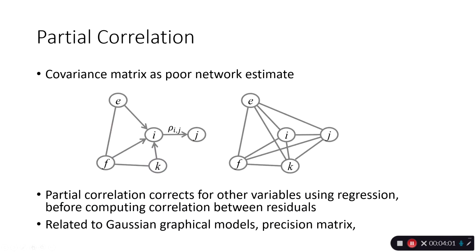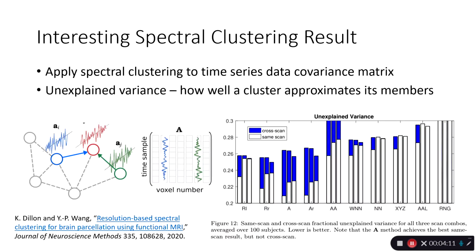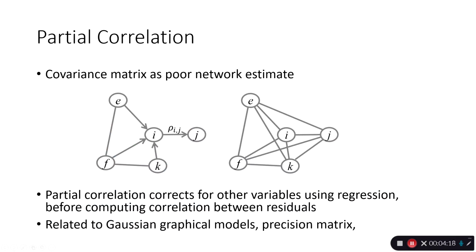And that is in terms of this concept from the title, which is partial correlation. When we had done spectral clustering before, I had applied it to the covariance matrix of the data, viewing it as a weighted adjacency matrix. But if you have indirect relationships, like I'm showing in this model, where node K has an indirect causal effect on node J, then the correlation will still be non-zero there. So you have this dense correlation that relates all nodes to each other. Whereas partial correlation,